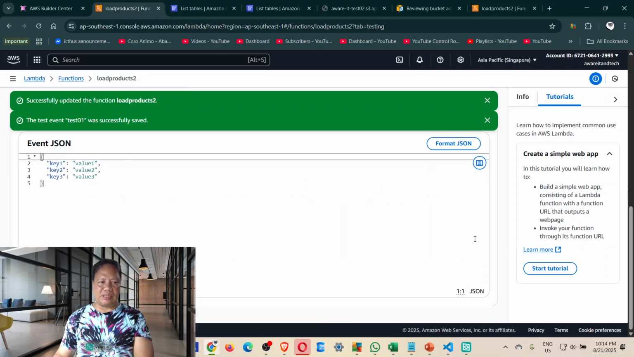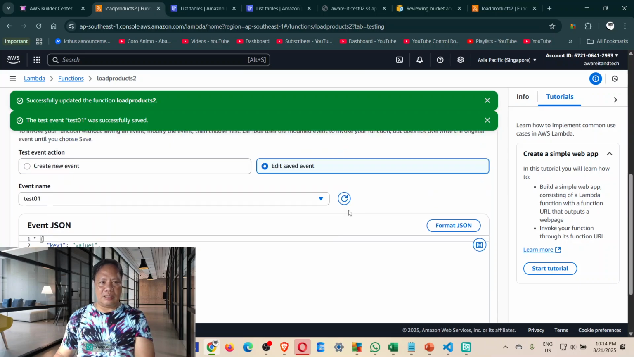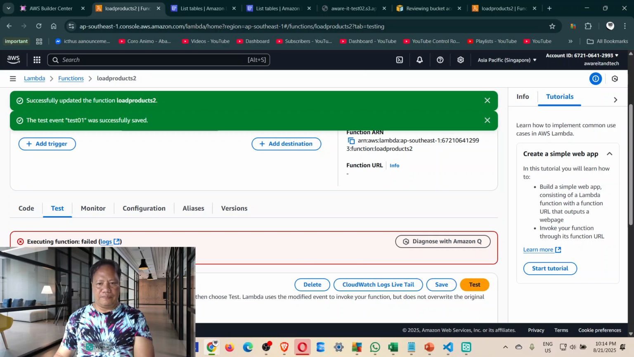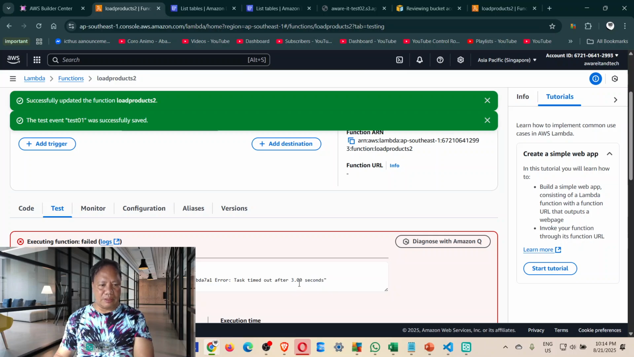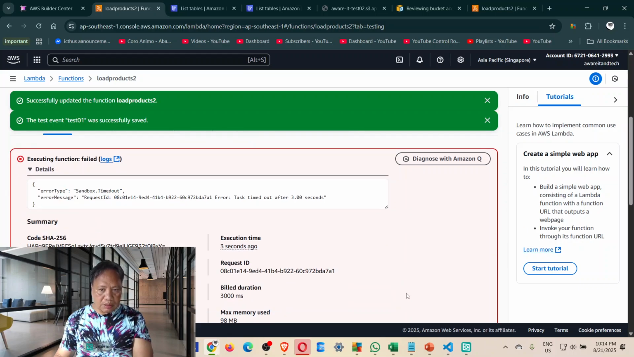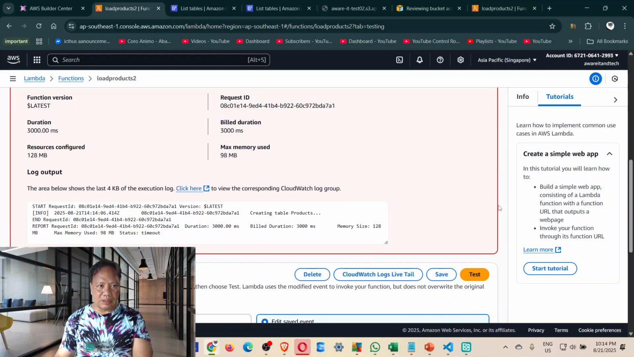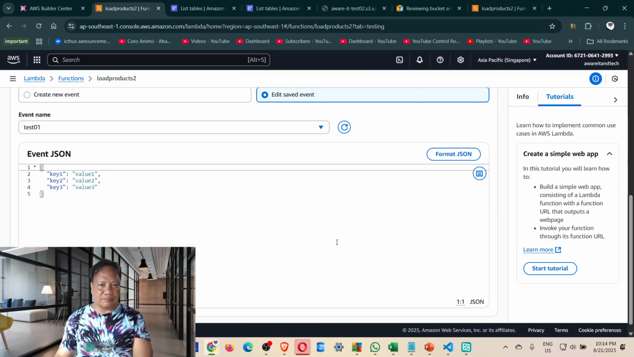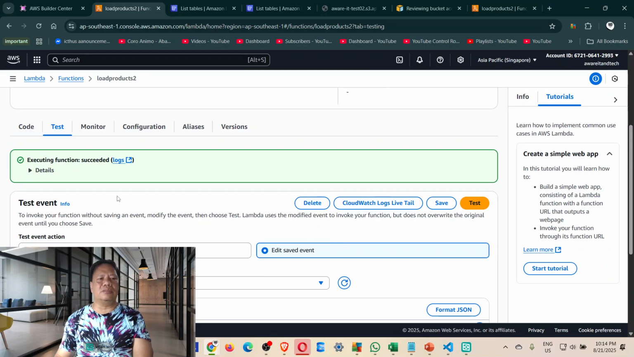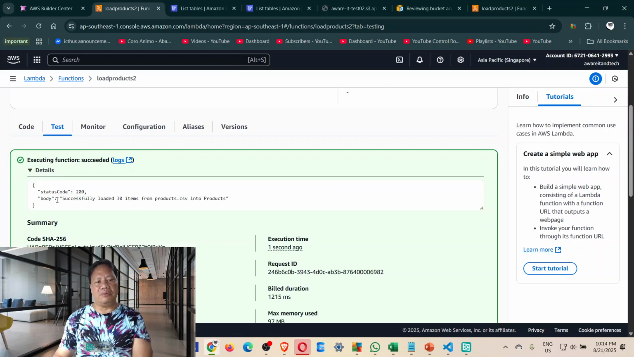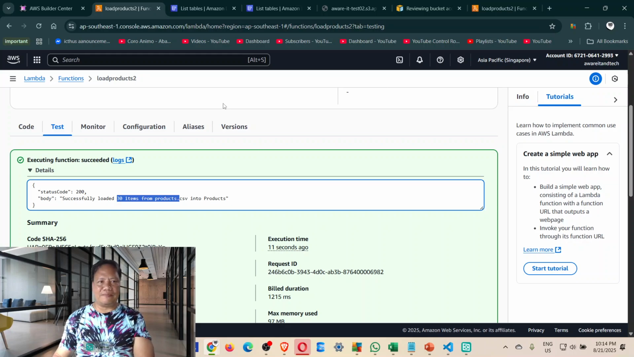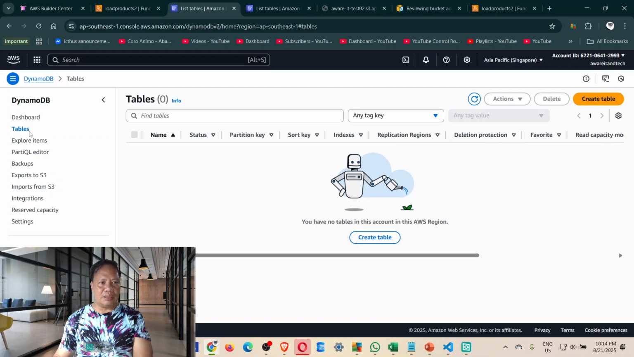Again, run test, and it says it fails. Why? Can we test again? Let me just close this test. It could probably be a syntax error. No, it's already there. It says we are able to load DB. So when we go back to DynamoDB and refresh that,